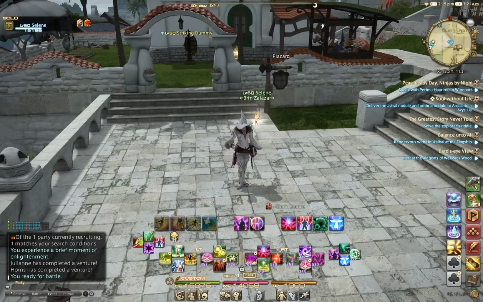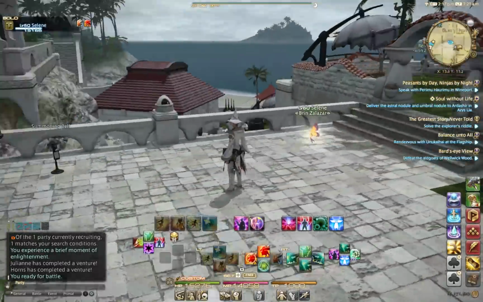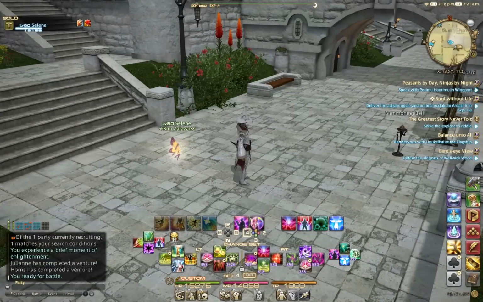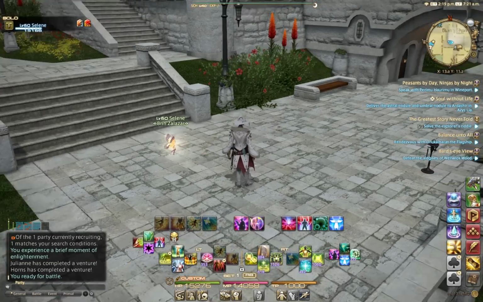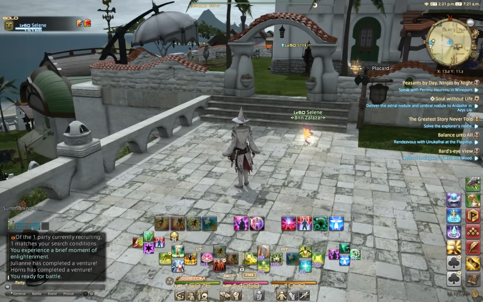How you switch between your cross hotbars, especially within a pet, because if you just press it, you're going to keep jumping to the pet hotbar. You've got to hold down the right bumper and then press the appropriate icon to switch you to the appropriate cross hotbar. So now you can see I'm in healing mode, but because my macros are messed up, now